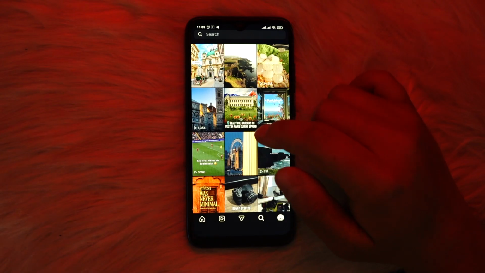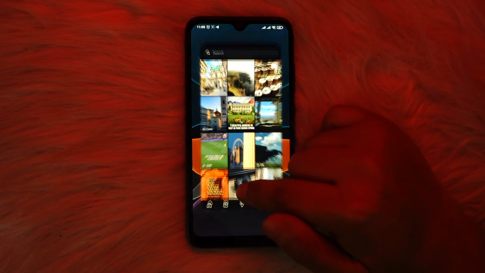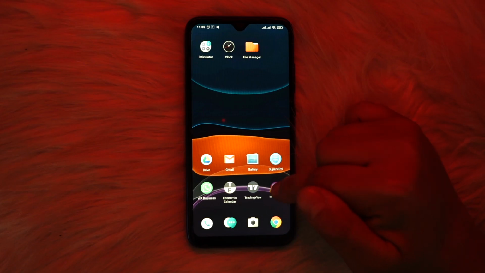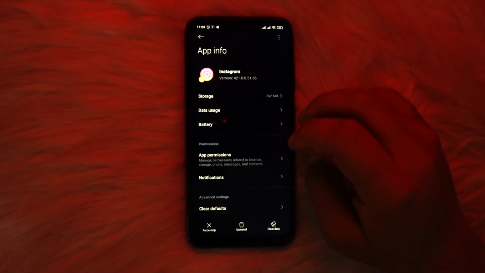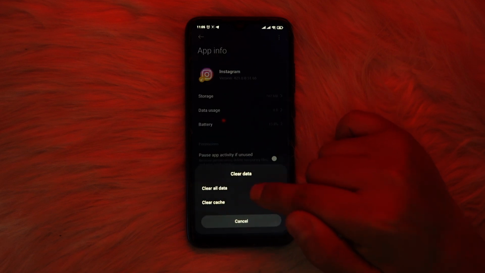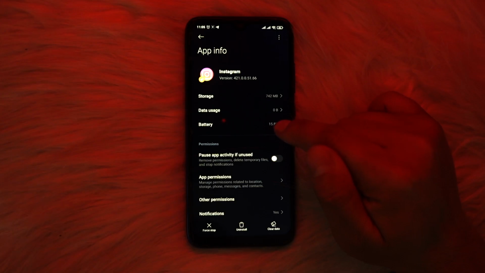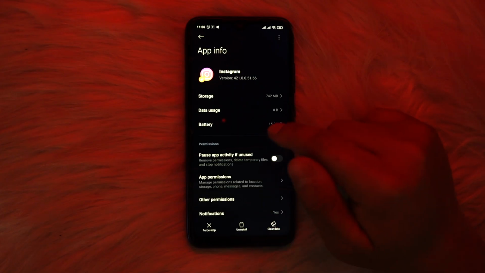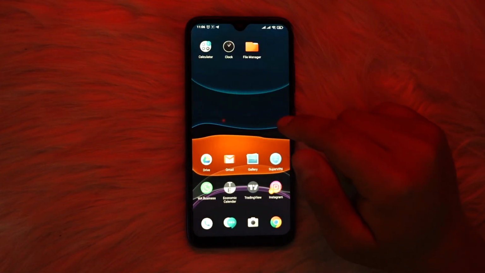If this is not the case for you, the second thing that you can try out is to clear the data or cache of your Instagram app. So just tap and hold the Instagram app, head over to app info. From this setting, you'll be able to see the option called clear data. You can just tap on this option and then tap on clear all data. If you're using an iOS device, you'll need to head over to iPhone storage and then offload your application. Now, once you've done this step, you'll need to log back in again and try to see if the issue